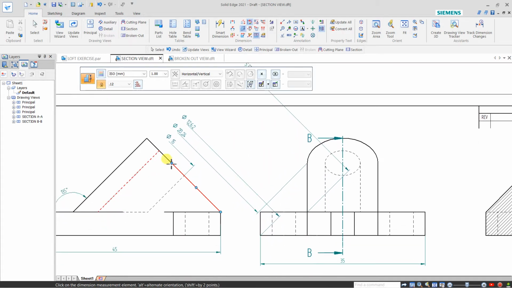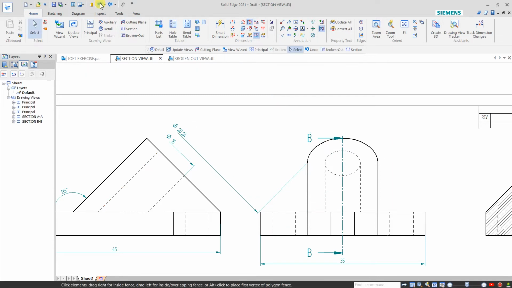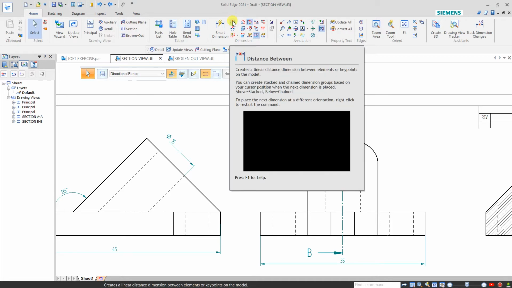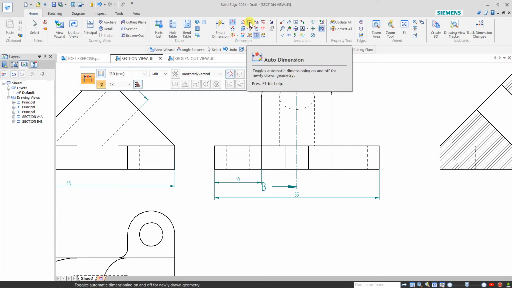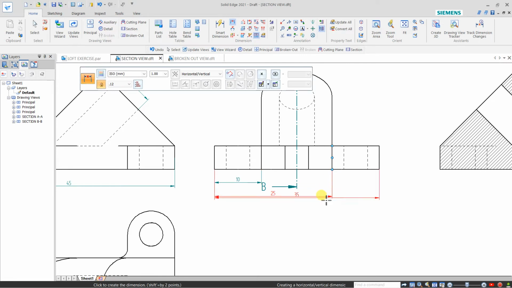From this point it is taking all the dimensions. Or just click this: my first point is this, then the second is this, and click. Now if I select this, the order dimension will come.